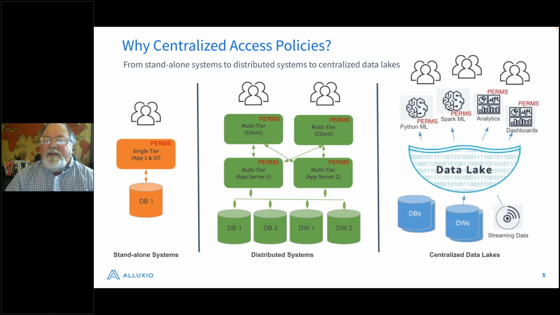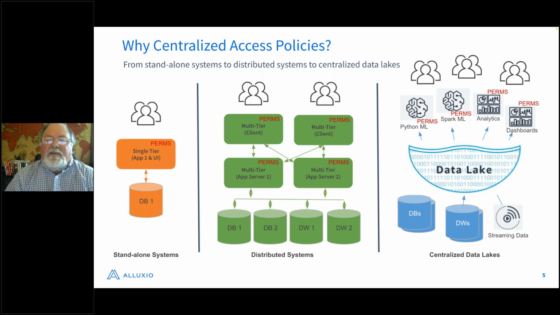Add to that more recent developments with the data lake. Now you have kind of going back to a centralized model, but that centralized data lake is not always complete. So there's still a need to go back to operational data stores and traditional data warehouses. And you've got even more users coming on board in a more rapid fashion. You've got application components accessing the data lake.